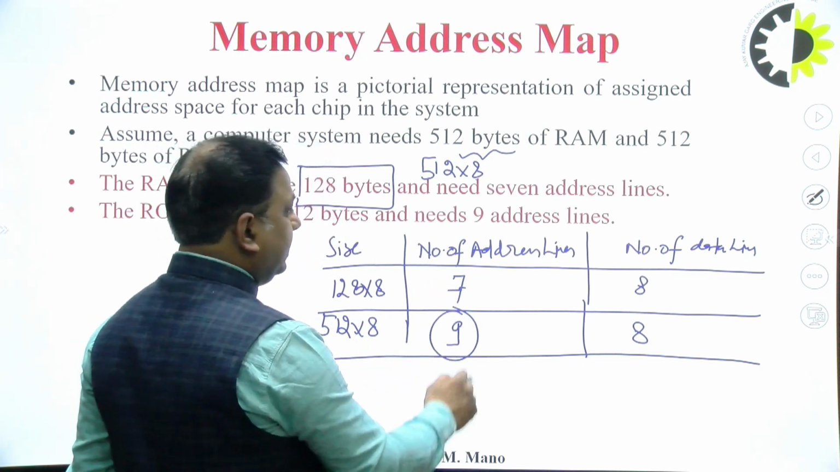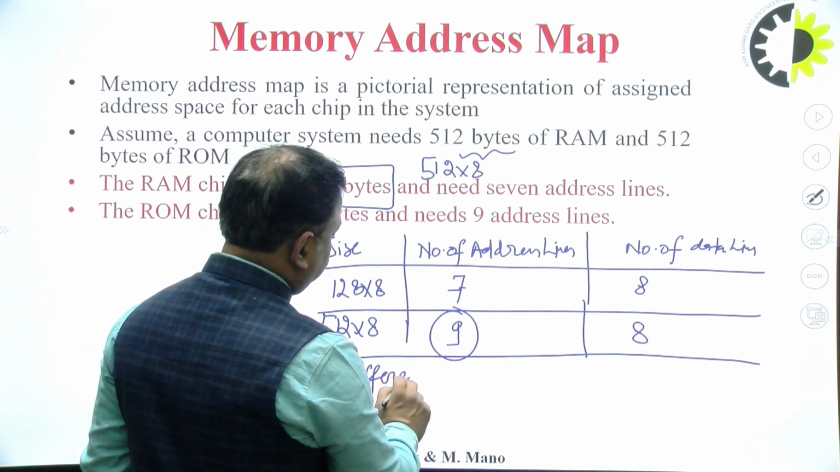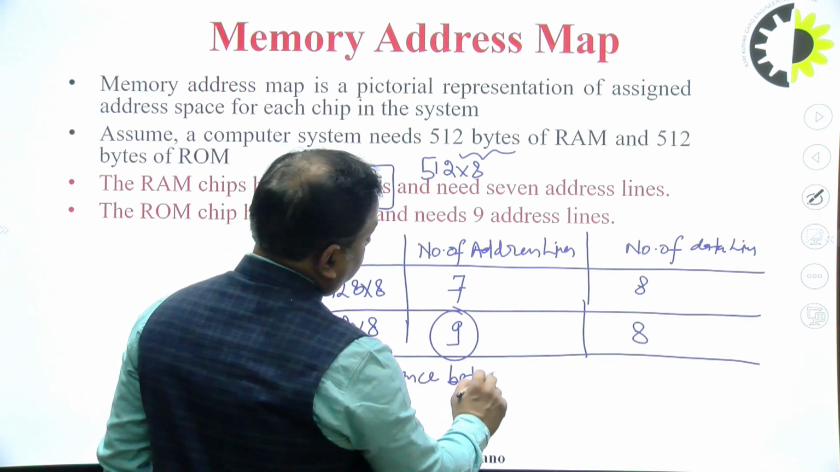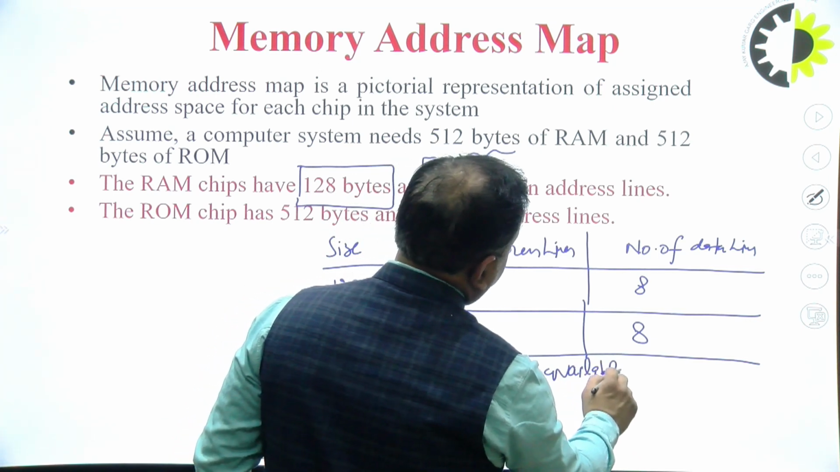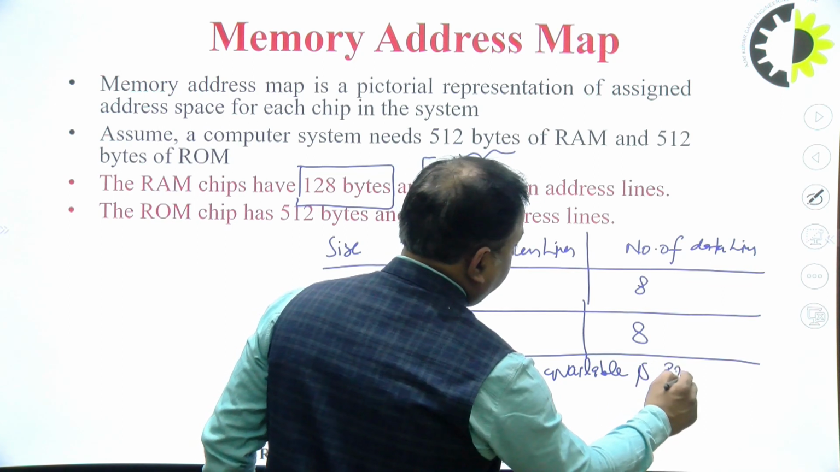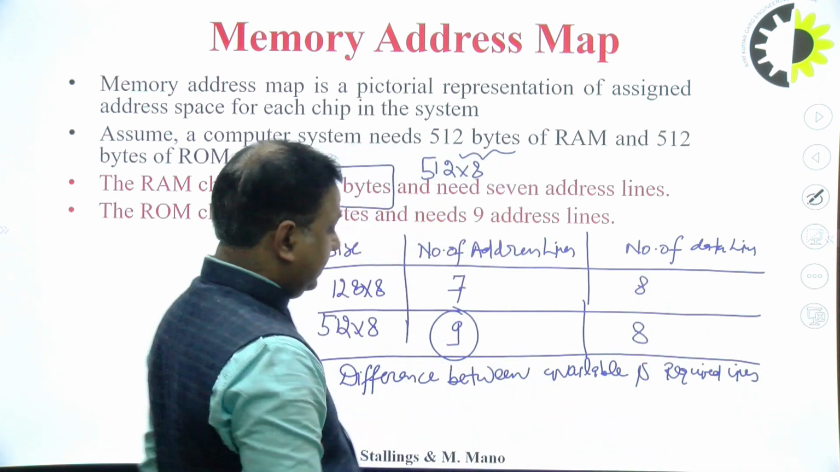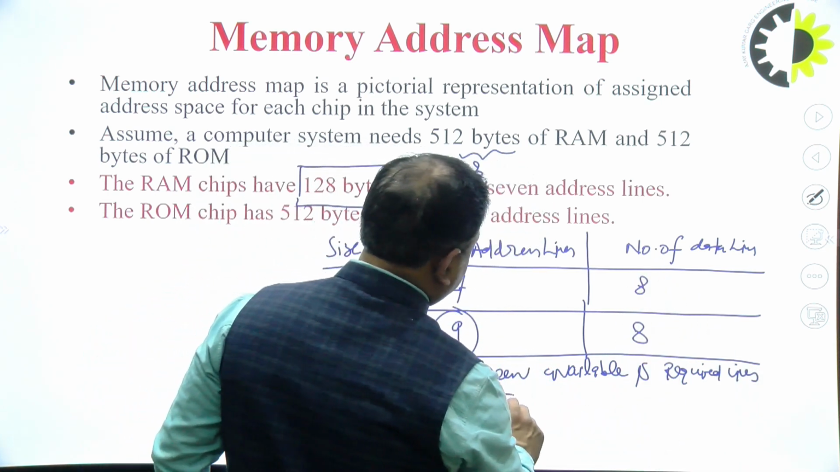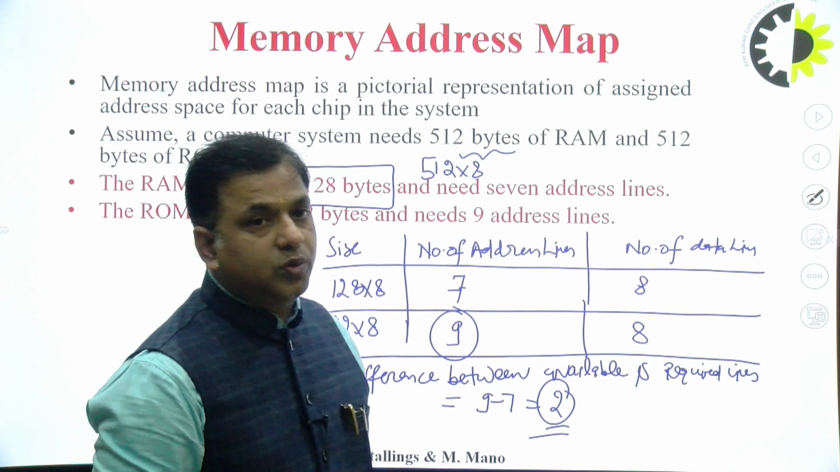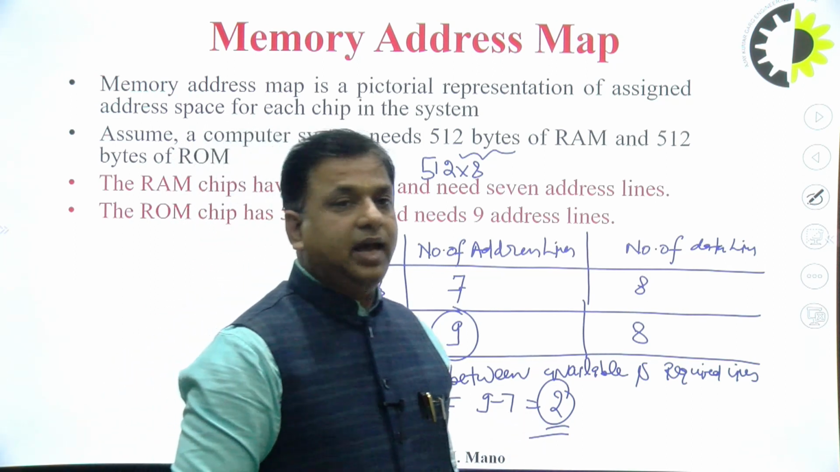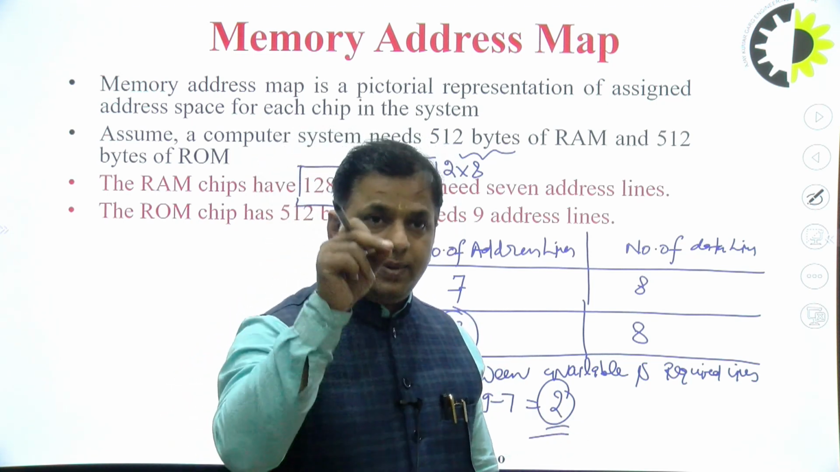So the difference between the available and required address lines equals 9 minus 7 equals 2. So there is a difference of 2. This 2 suggests what should be the size of the decoder to interconnect. This number suggests